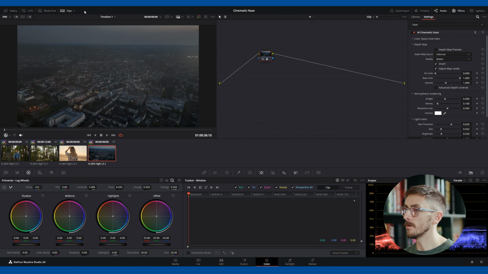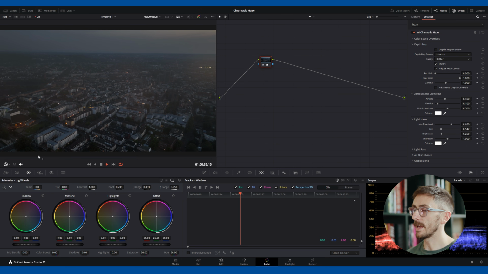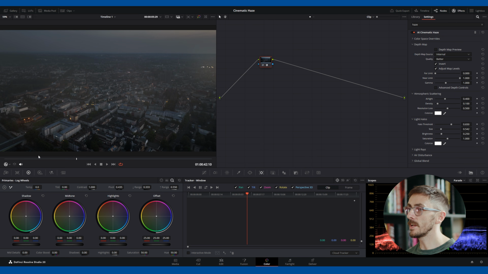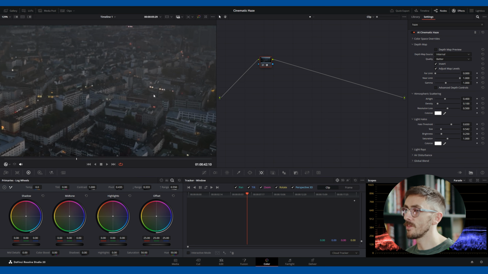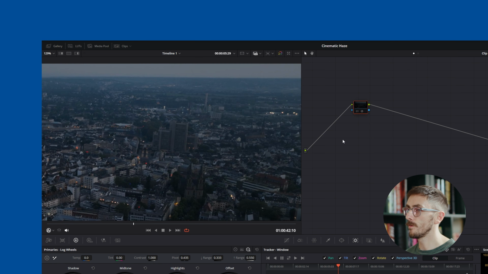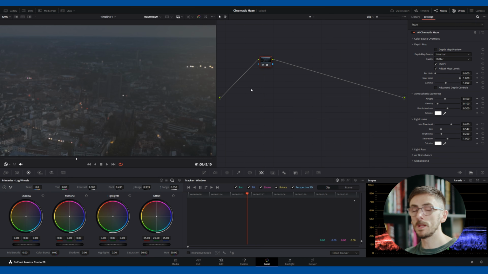I prepared earlier. So we have this cool aerial shot with the haze added of a German town that I've downloaded from the Storyblocks library, and we've introduced our haze to make this more of an ominous crime thriller opening. And if you have a look in this shot, especially if I start to zoom in towards the back, we can see, and if I knock this node on and off, how the haze effect is having a direct manipulation